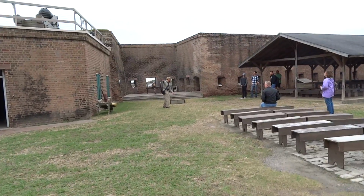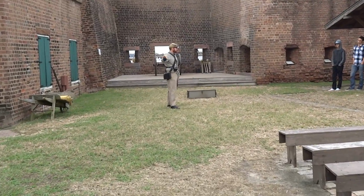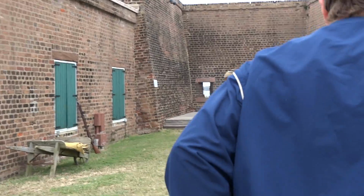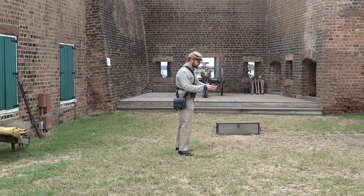You guys see whitewash here? That was what was built in 1808. This was built by a West Point graduate named William McCree. He was 19 years old when he was out here building this place. He didn't have a whole bunch of fancy tools, so if you look at the map that you were given